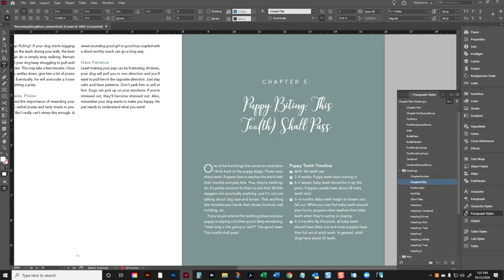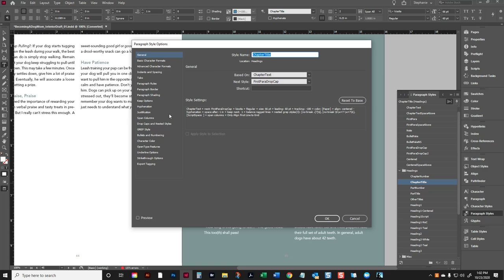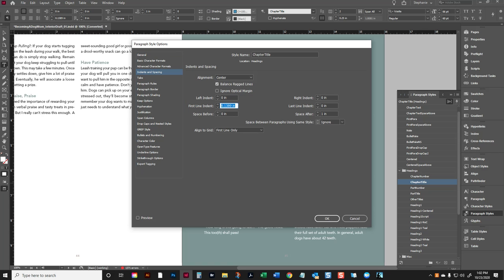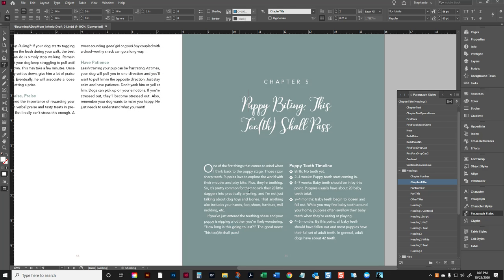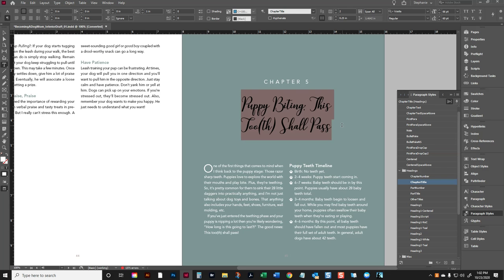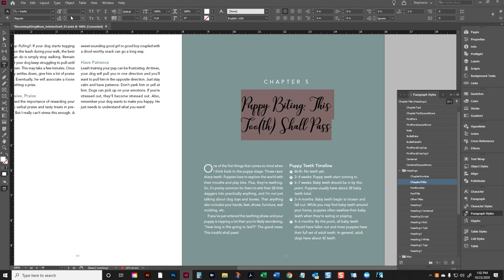All right, so this particular author had a specific style in mind and requested to use this script for her chapter headings. Hold on just a second. Let me do something real quick before I forget. So she wanted to use the script, and then wanted to use this sans serif font. All right, so the problem with this script is, I'm going to remove everything that I've done to it,